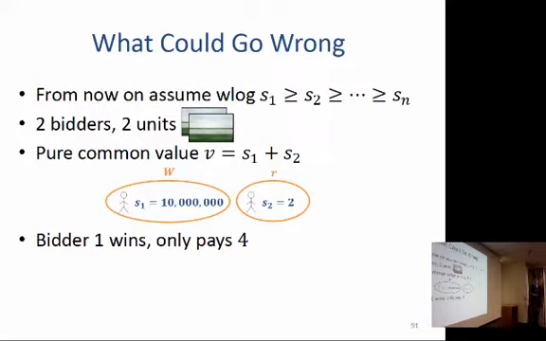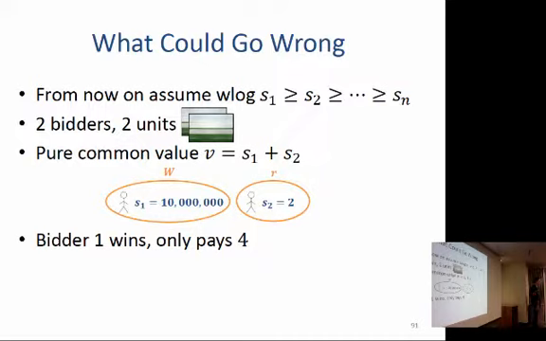Second bidder says his signal is 2. But you know that the other guy's signal is 10 million. So you can just charge him 10 million, yeah, exactly. And notice this is perfectly truthful, right? There's nothing he can do to avoid being charged this high price. And this all happened because of this common value, like you were saying before.